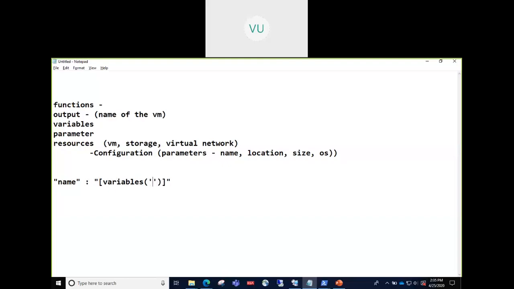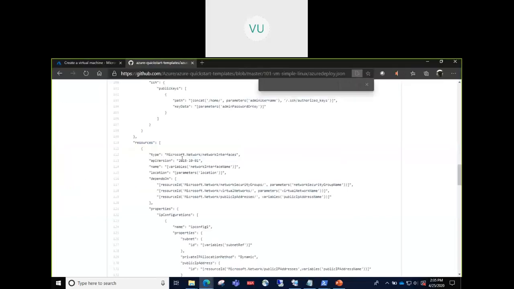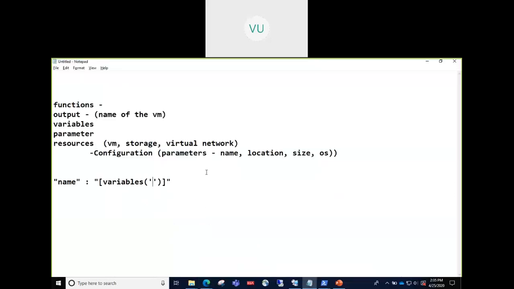You need to pass the name of the variable here, whatever it is. Like we have created some variable here, let's say location. So this is how you use variables.